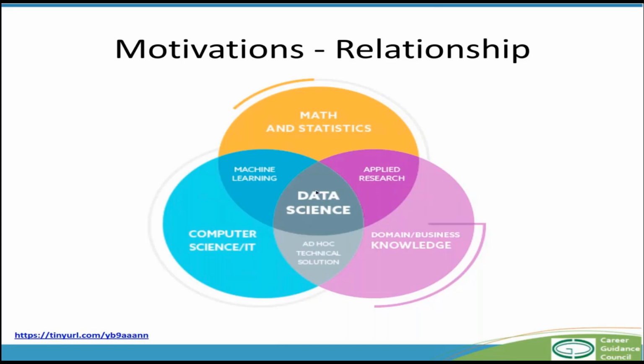So what is data science? Data science has a component where you have the computer science part, where you learn how to code and all. But at the same time, it is also about heavy number crunching, so you need to understand maths and stats. And the thing that makes it a little bit different from general machine learning is that you also use a lot of domain knowledge. You use business and domain knowledge that drives, so there's an iterative process, and that drives you to gain insights for the particular domain that you are working in.